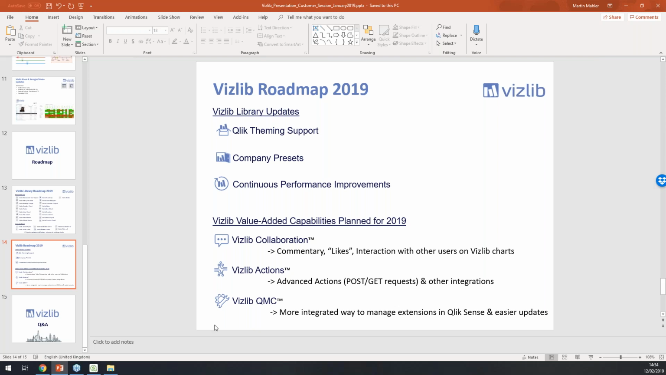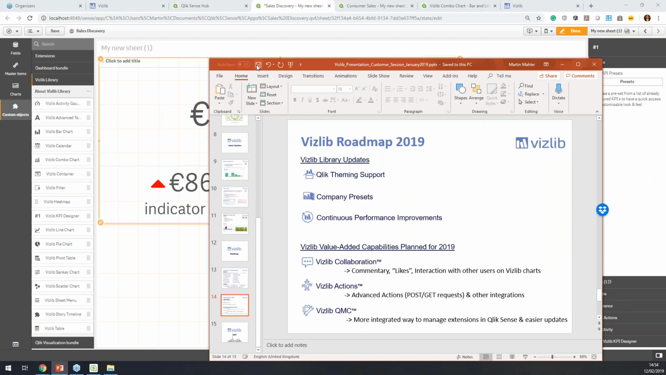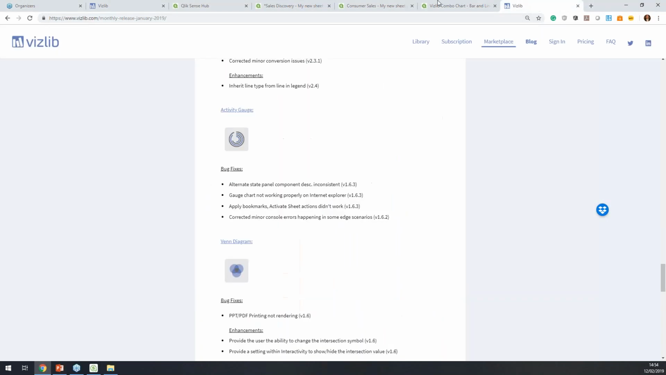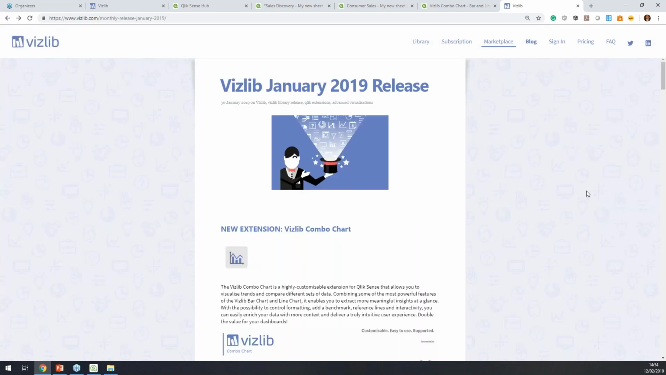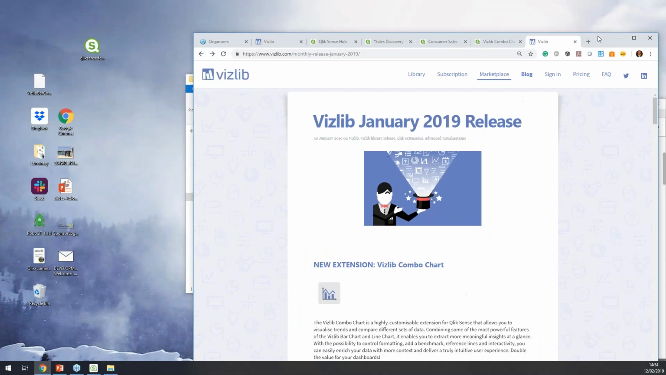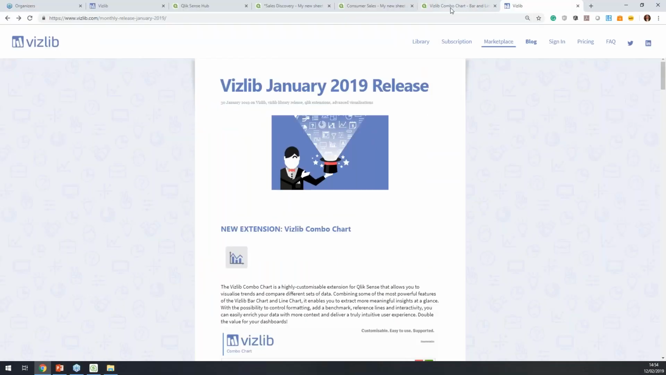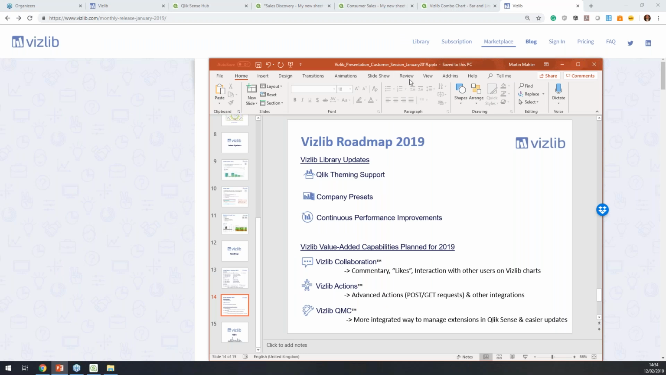And one thing that is very important from a management perspective is a Vizlib QMC. At the moment, as a customer, you're probably aware you need to go to our website, log in, sign in, download the extensions, and you need to have a shared account. What we want to do is give you the ability to manage your extensions directly from Qonnections. So you'll have a separate page for extensions and Vizlib extensions as well,